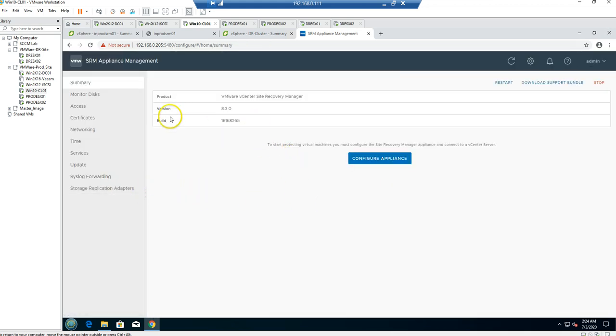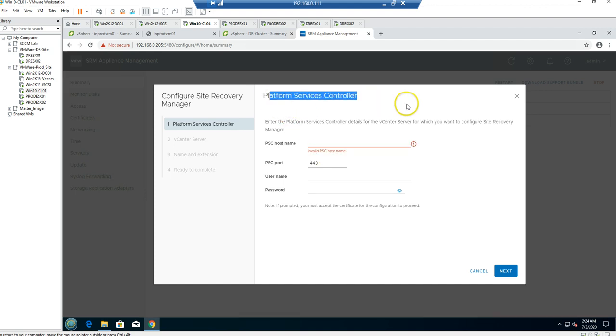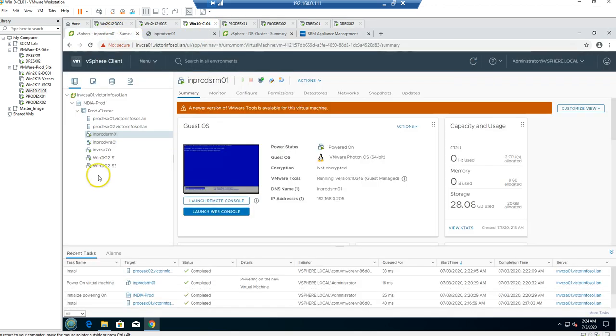So now you can see we have logged in, but it's saying that to protect the virtual machine we need to configure the appliance. So I'm going to click on configure. I'm going to provide the platform service controller name and all other details. In my condition I have the VCSA itself running with an embedded platform service controller, so I'm going to provide